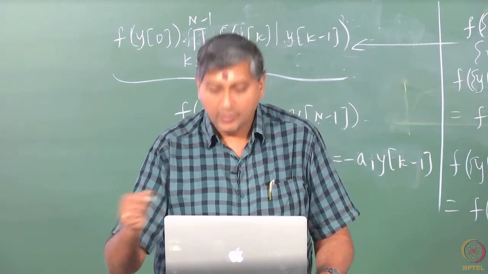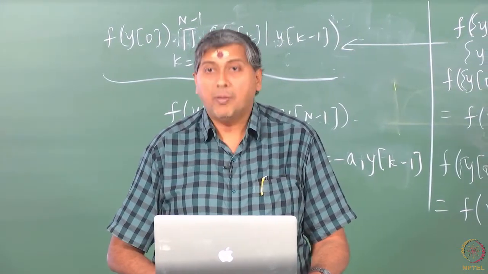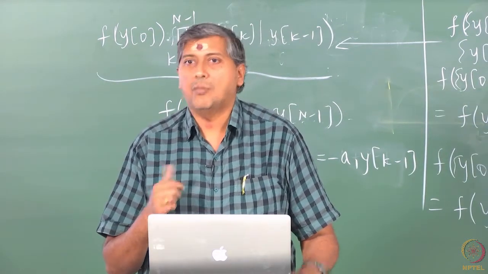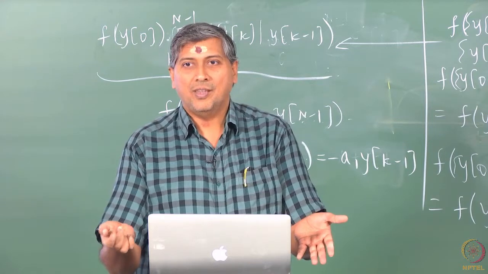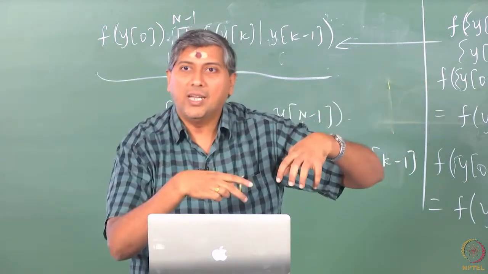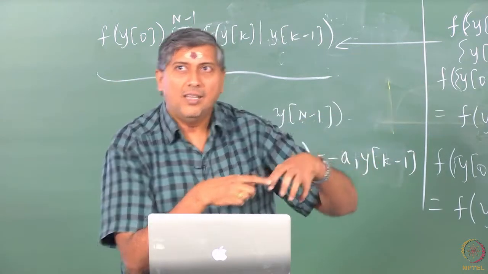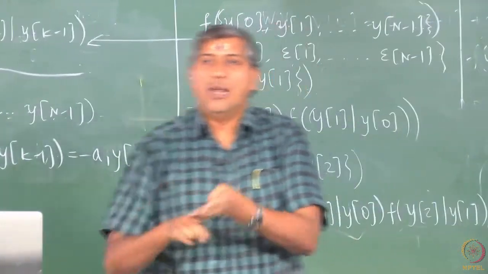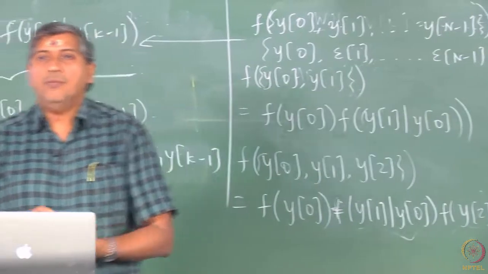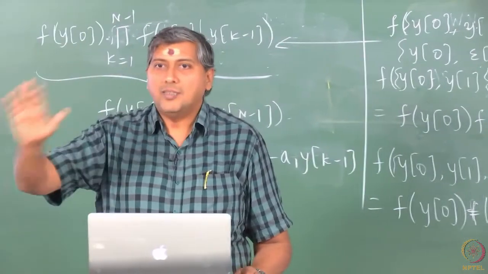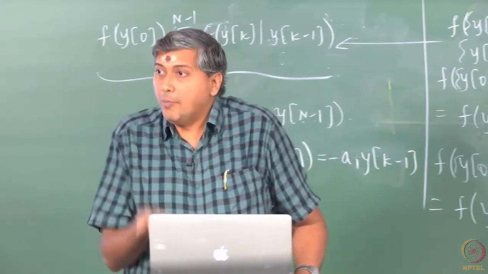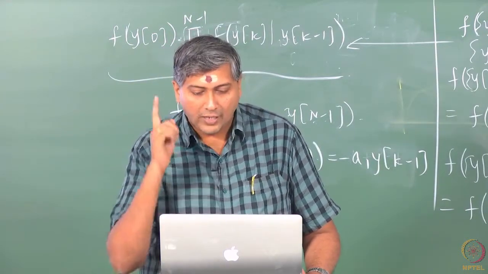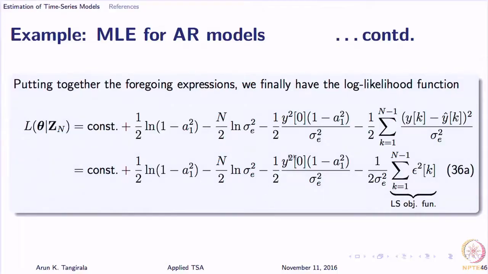So in other words, when I write yk minus y hat of k given k minus 1, it is a prediction error. So naturally the prediction error is coming in. That is the comment that I made earlier. We said least squares, modified covariance, Burg's method, Yule-Walker, all of them are optimizing the sum of squared prediction errors. MLE is also doing that, except that you have some additional terms, and that is the only thing we need to observe. So here is your log likelihood.